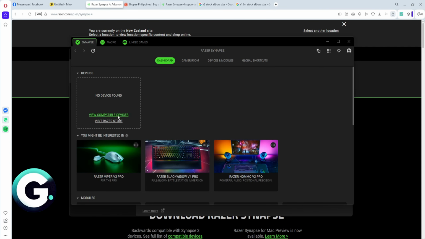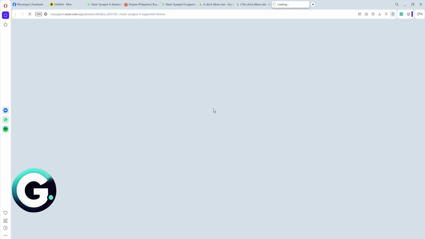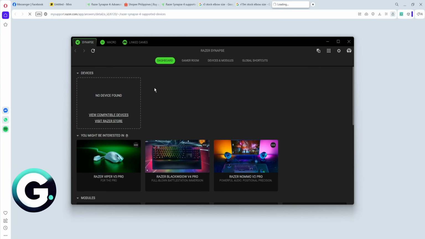Right after, you just have to click on the view compatible devices and just make sure that the current model of headphones that you are using is supported for the Razer Synapse application. From there, click on the refresh button, and then most likely it will then show up right here,